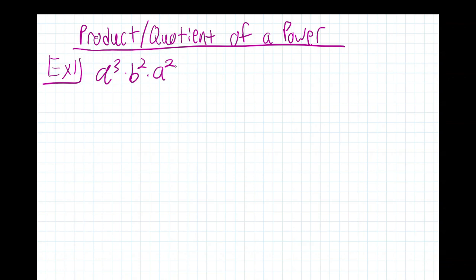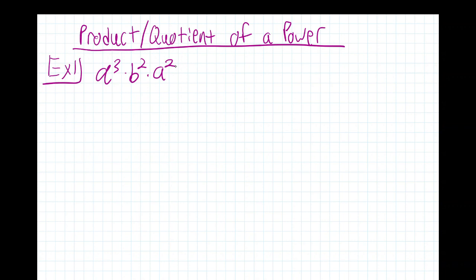So today we're going to be going over the properties of exponents. The first two rules we're going to be going over are the product and quotient of a power. So the product of a power is simply when you are multiplying two variables with the same base, you will